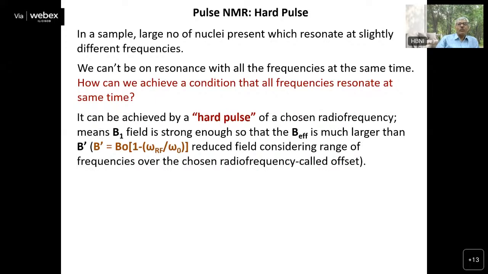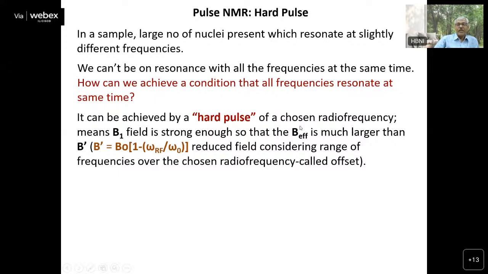For that, we will use a pulse called a hard pulse, of a chosen radio frequency. There are several frequencies, and we will choose one radio frequency. I will tell you which one. It is not necessarily from the frequencies at which we get the NMR signal; we can select any other frequency. Now you choose one radio frequency and you use a B1 field which is very strong,